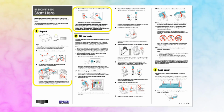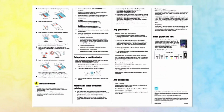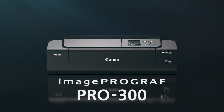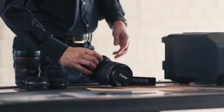Key factors to consider are the size of the photos you want to print and the type of ink you want to use. For this guide, I'm starting off with the best regular letter size A4 photo printers, then moving on to larger format 13-inch A3 Plus printers, and finishing off with 17-inch A2 printers. To help you find the right model, we've listed the best photo printers 2024 and their key features,